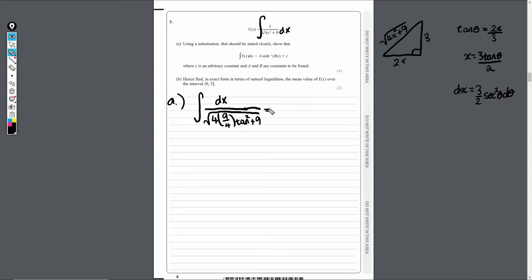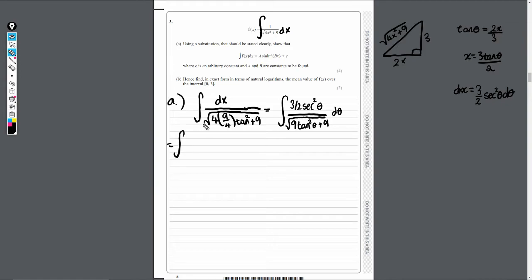So if we do that now, this is going to be the integral of 3 over 2 sec squared theta d theta. And this is going to be over this now, but I can simplify here. If you've got 4 lots of 9 over 4, that'll just cancel to give you 9, and I've got 9 tan squared theta plus 9, okay? So I can actually factorise in the denominator. So this will give me 9 tan squared theta plus 9. Factorising that now though,